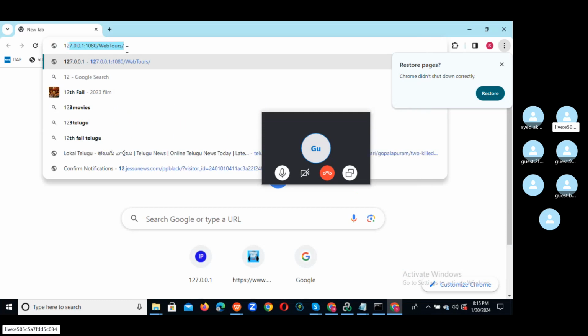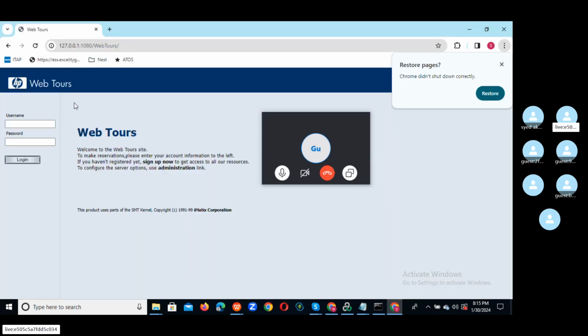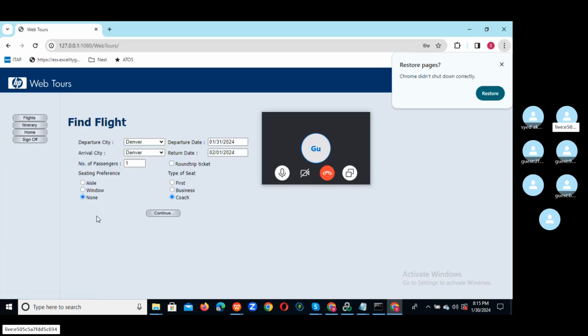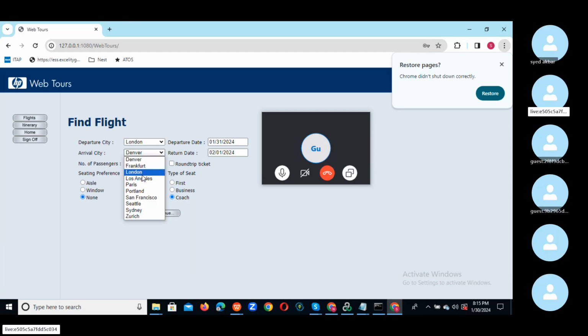So this is the launching URL, and after that you need to enter the username and password. So this is the business flow, login, and after that if you want to book the flight, you need to click on flights, and here you need to select the departure city and arrival city. You can select anything as the departure city and arrival city, and select the departure date or return date. Whichever date you want, you can select that, and how many passengers you need to give, and seating preference also. If I want a window, you can select window. If we want business, you can select that, and after that